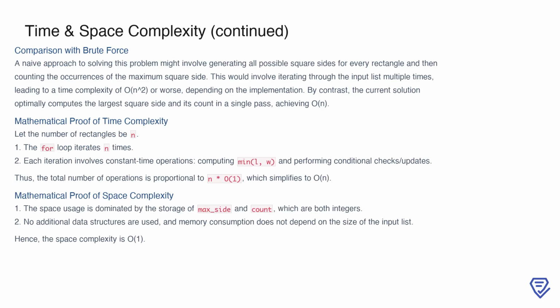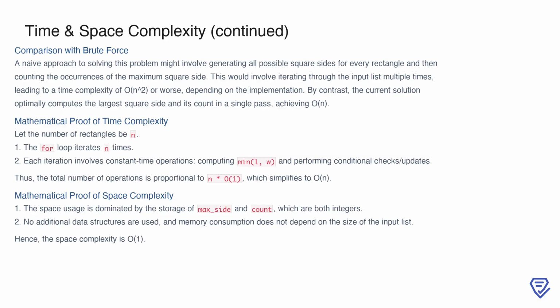To appreciate the efficiency of this approach, let's compare it with a brute force method. A naive solution might attempt to generate all possible square sides for every rectangle and then count occurrences of the largest square side. This approach would likely involve multiple passes through the input list, significantly increasing the time complexity to O(n^2), or worse, depending on the implementation. In contrast, the current solution avoids redundant computations by determining both the largest square side and its count in a